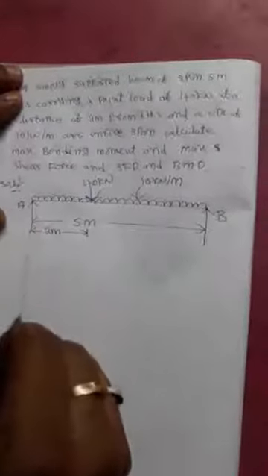Next, for this particular beam, this is A, this is B and this is C. These are the reference lines for the SFD and BMD diagrams, here also and here also. This is the reference line for the SFD diagram, with the positive zone and the negative zone. Next, this is the reference line for the BMD, with the positive zone and the negative zone.